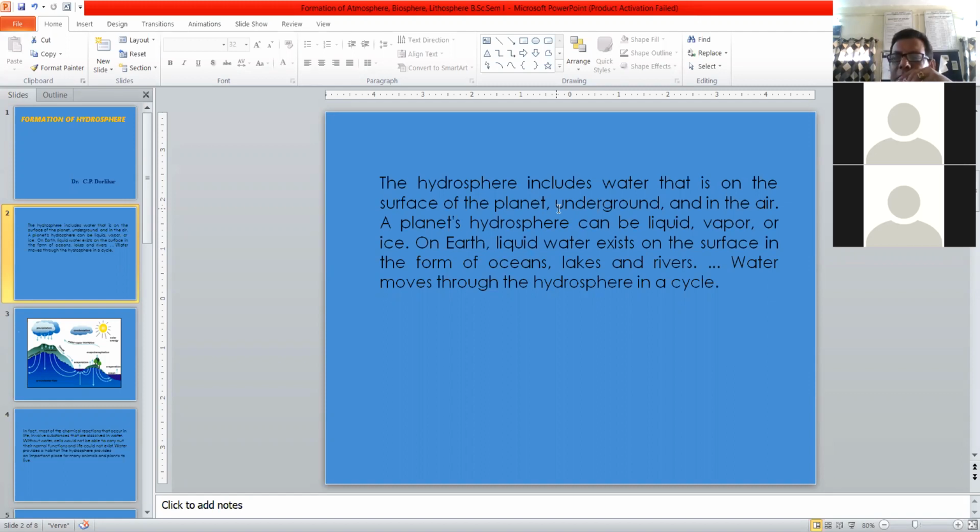Liquid water includes running water. Running water is nothing but the water which is moved from one place to another place. That is the transfer of water, and this transfer of water from